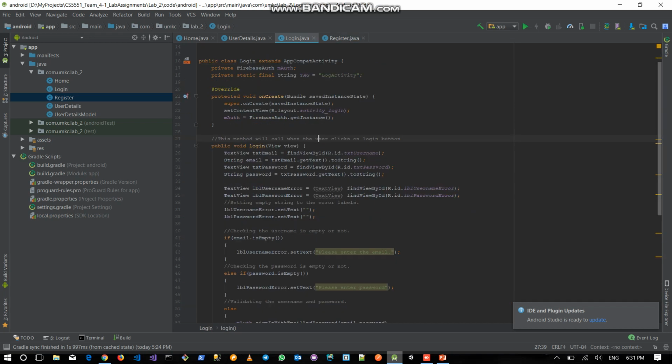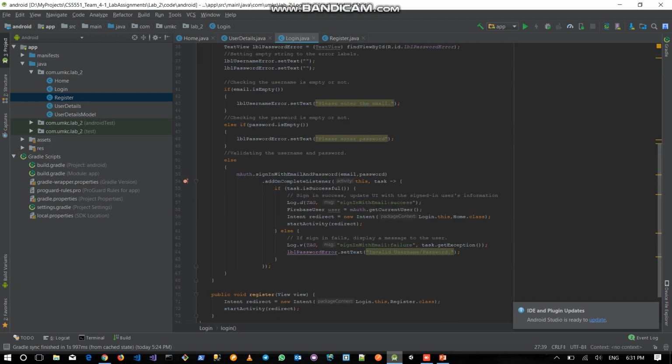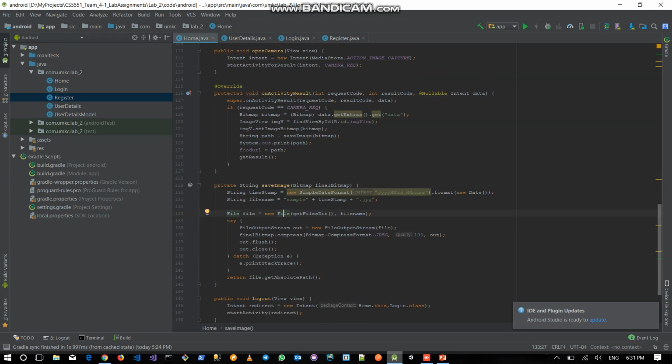So inside the login I am doing the same, but here I'm using the sign in with email and password. I'm just passing the email and password, and once it is successful, then I'm just navigating to the home. So in the home page, what I am doing is